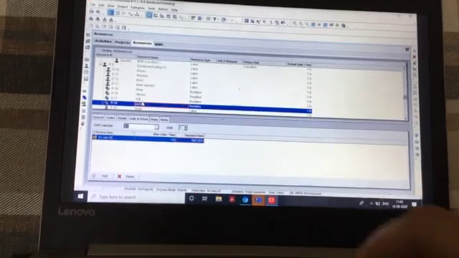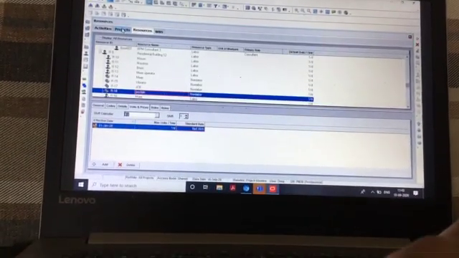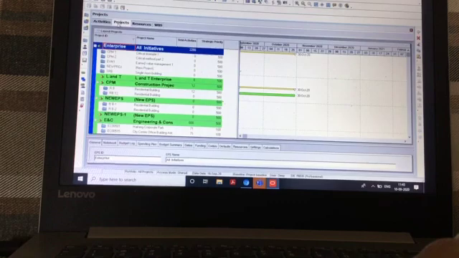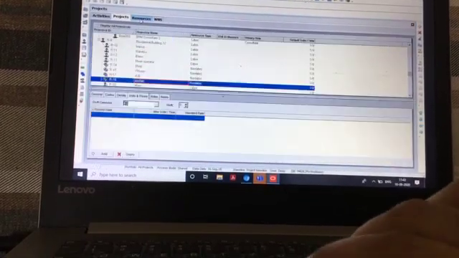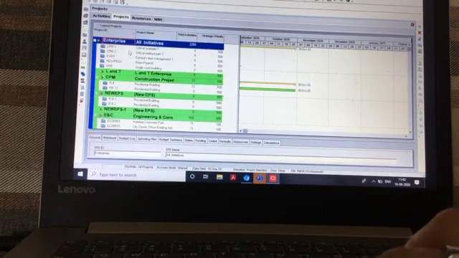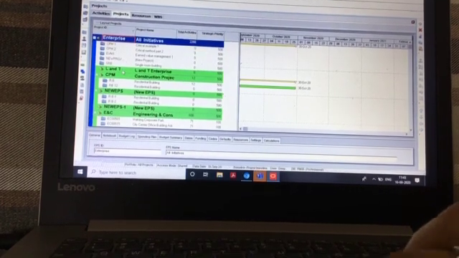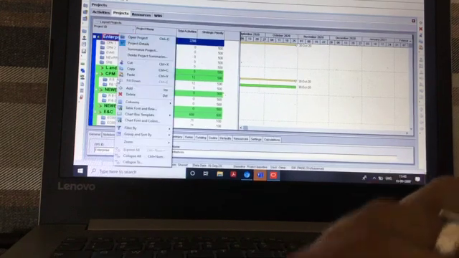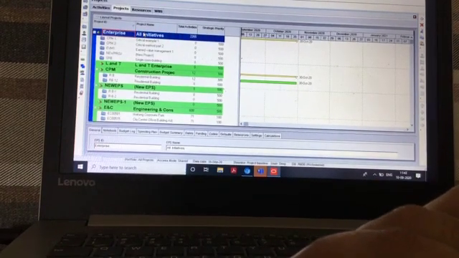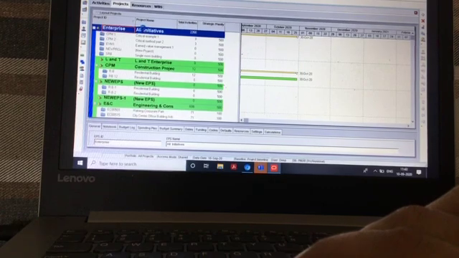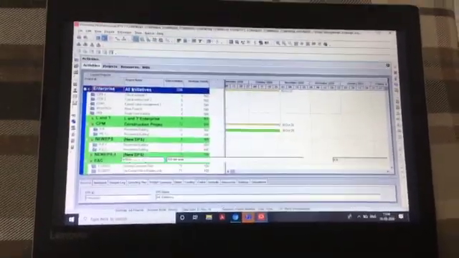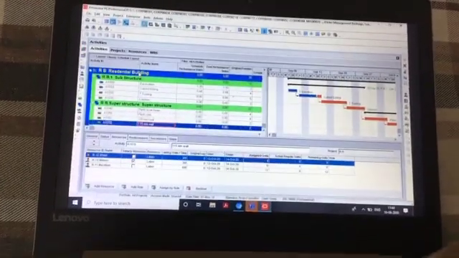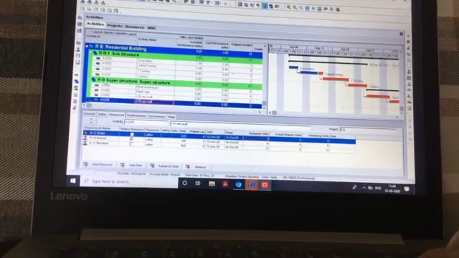And let's go back to our project now and its resources. Oh, I'm sorry, I just opened the... Okay, so here we come to the resources.